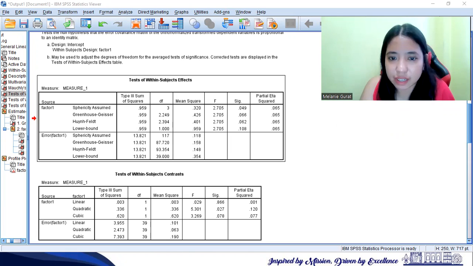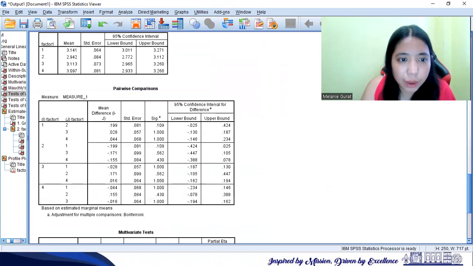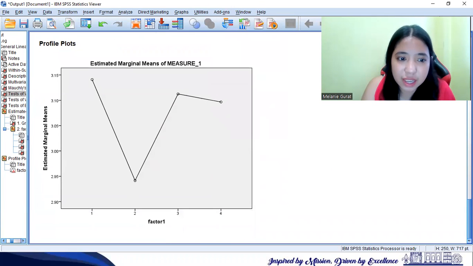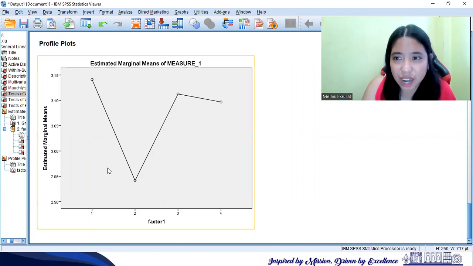So let's clear this. Going down, we can still see the plot. If we just rely on the plot, it seems that product 2 is significantly lower because it's too far from 1, 3, and 4.